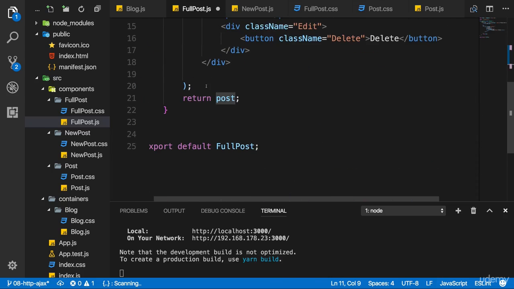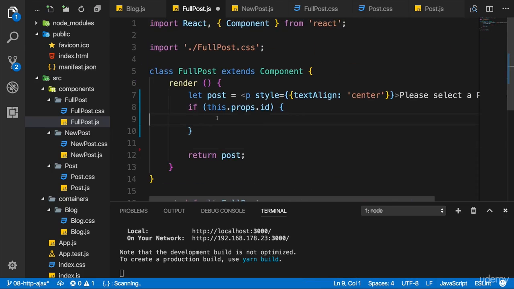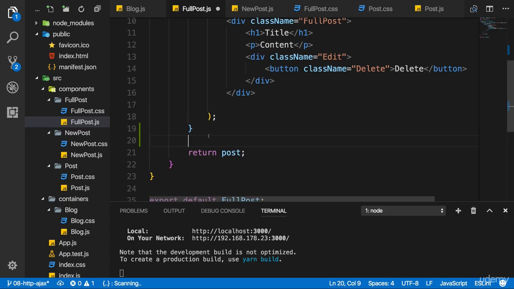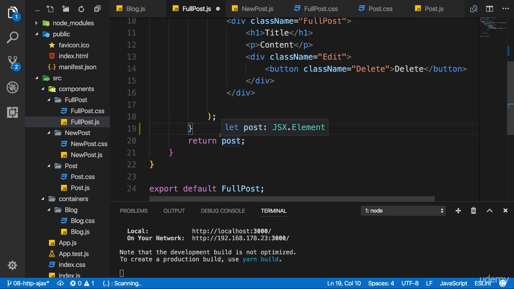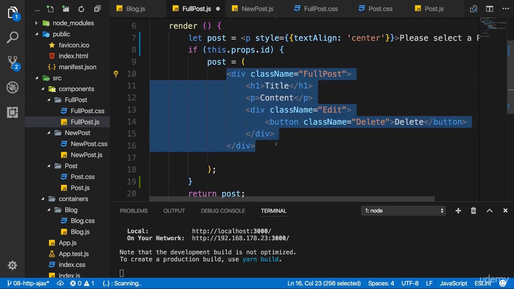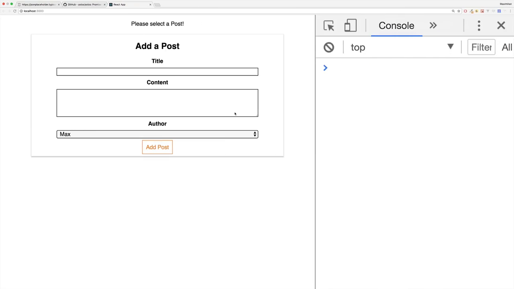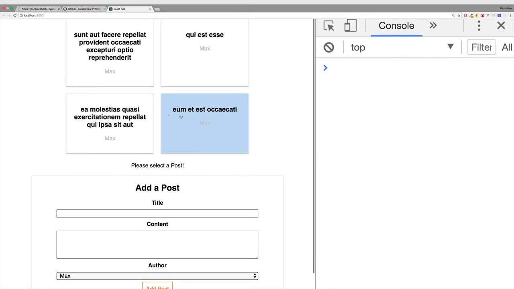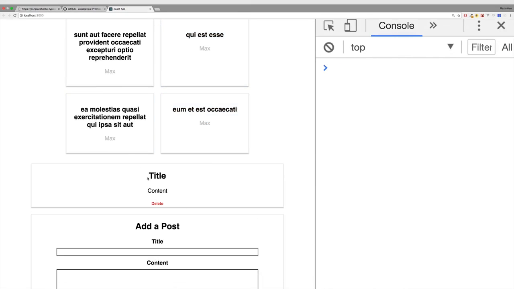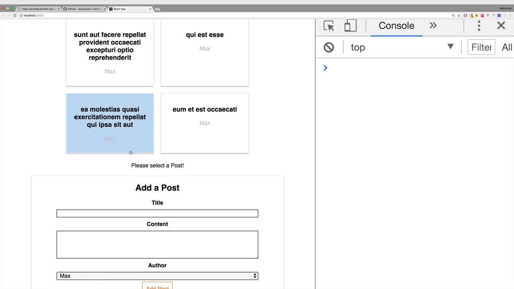If we do get inside, which we only do once the ID is something which is not treated as false, so something equal to or higher than 1, and all the IDs we get from the server are equal to or higher than 1. Once this is the case, I want to output the post. So now we should have the following behavior, that if I save this, we now can click on one of these posts, and now we see it. And as you saw before I clicked it, we see please select a post.